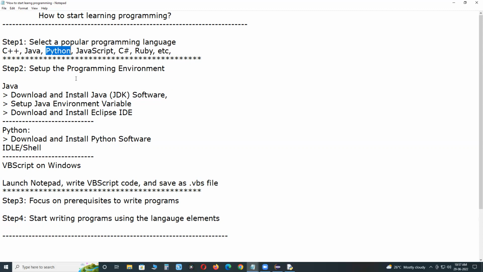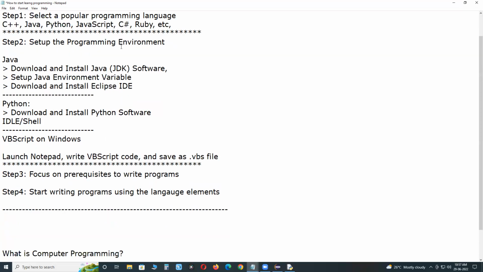That was the slogan 20 years back. The current slogan is first learn Python language, then you can easily learn other technologies in the IT industry. Okay, first select a popular programming language, either Java or Python.